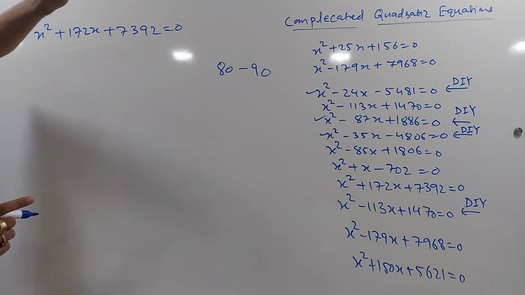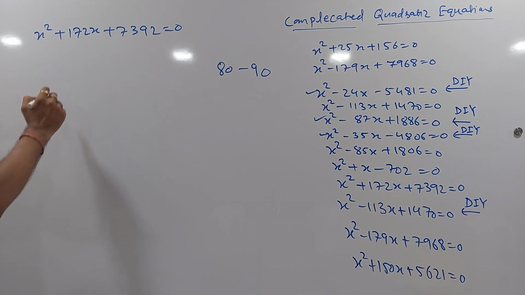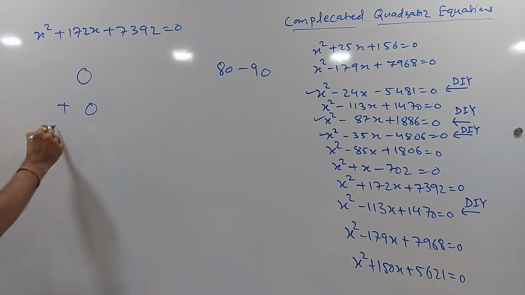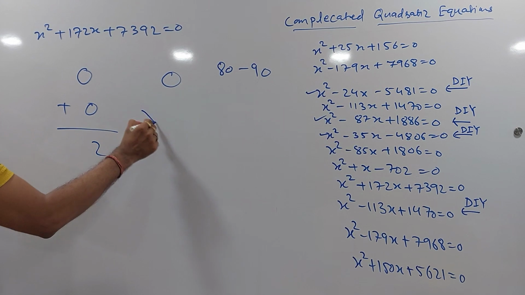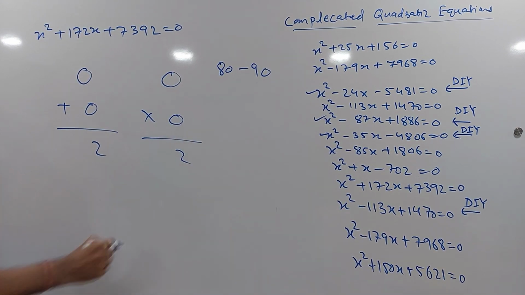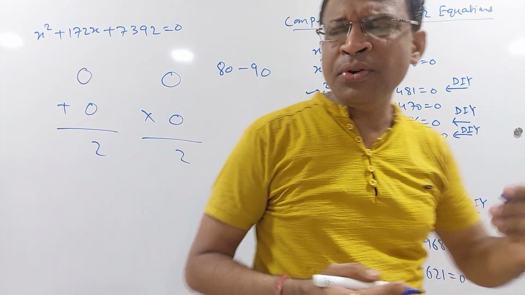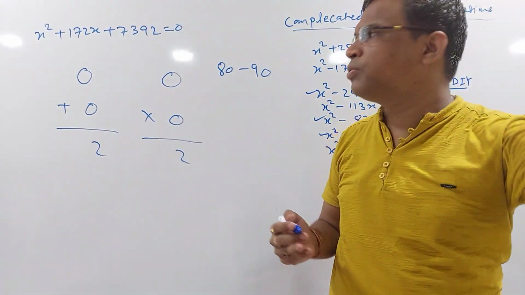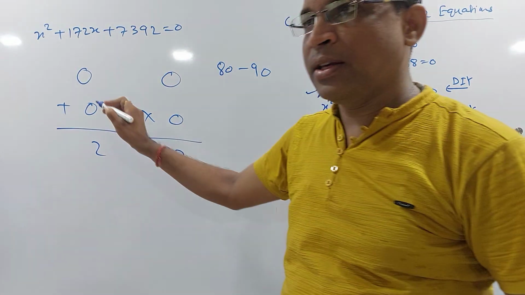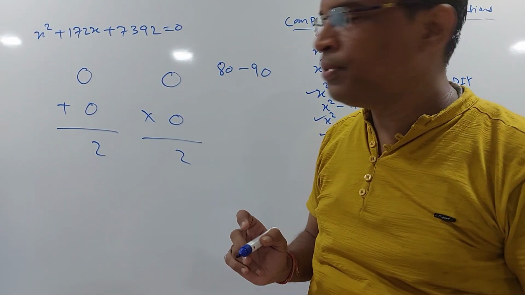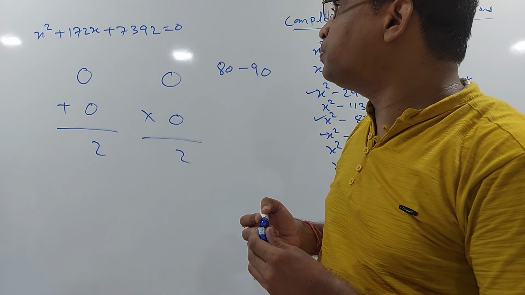So both the numbers should be even. So the sum should end in 2, and the product should also end in 2. So we need two numbers whose sum ends in 2 and whose product ends in 2. Fine. So have a different combination. 2 and 6 gives you product 2, but the 2 and 6 sum will not be that. Fine. So then check out for 4.